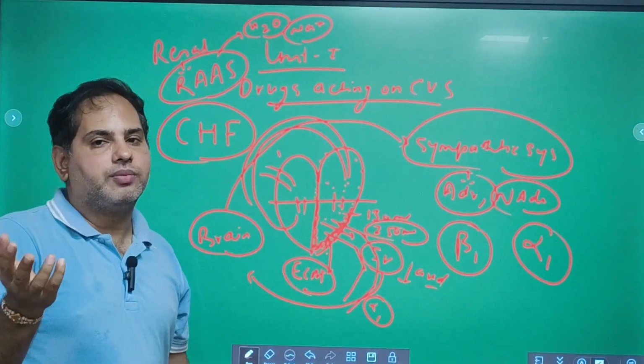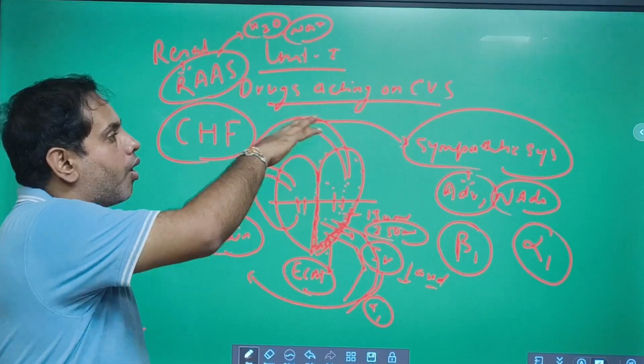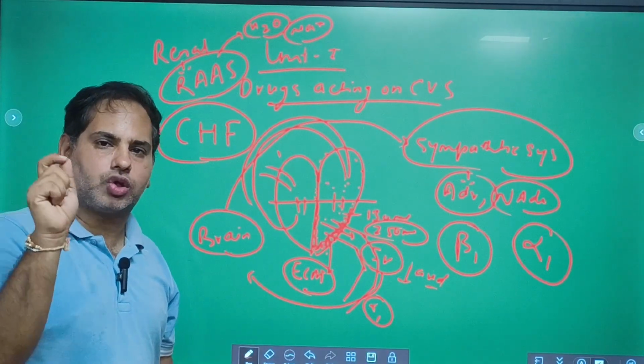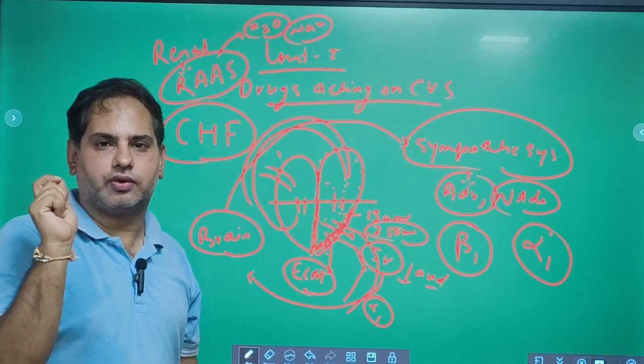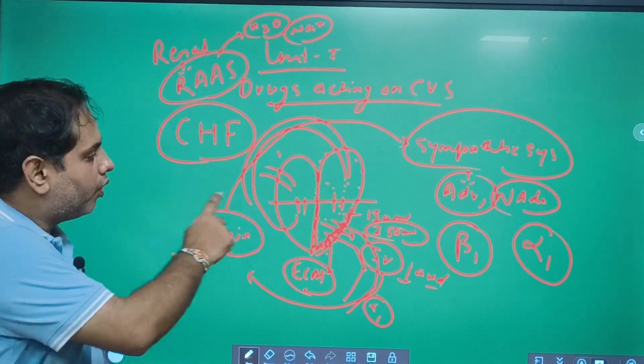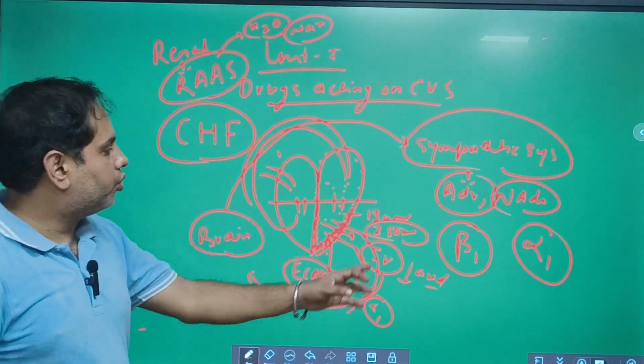So that's why we have a medicine which is going to slow down these compensatory mechanisms. For the short term it's beneficial. For the short term, the compensatory mechanism is very useful. But in the long term the same compensatory mechanism is going to damage. So how is it going to damage? As I said,